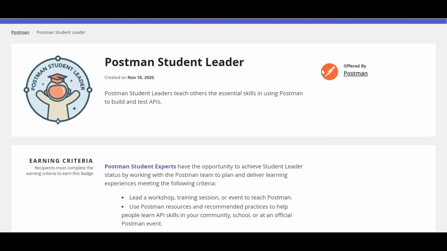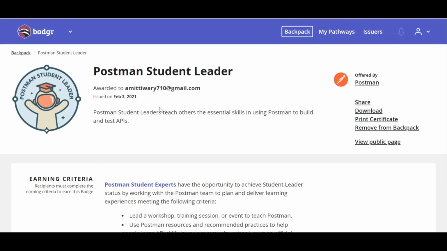And okay, let me now show you my badge. So yeah, this is my badge which I received on 3rd Feb 2021. How I received this was, I didn't fill out this application form. For me, it was a little different. Actually, I was lucky enough to be invited to the Postman Galaxy API conference as a speaker to lead the student workshop part 1. So I organized that workshop during the Postman Galaxy conference, and with the help of that, the event was considered for me as a Postman student leader, and this is how I received my badge.